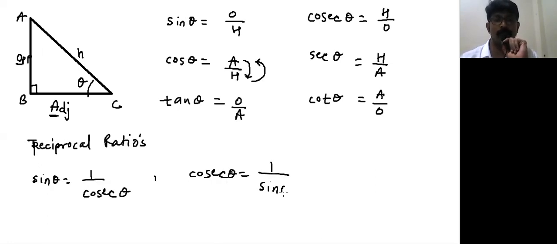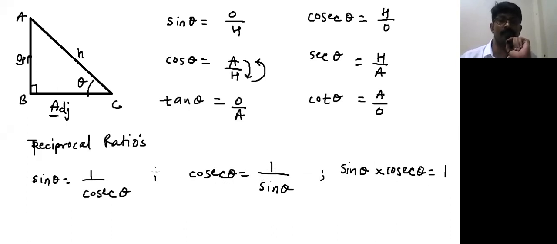I hope you are writing along with me. If we take sine theta over here in multiplication, it becomes sine theta into cosec theta, which obviously turns out as 1. You understood? It is one and the same thing, you can write it in any format. Suppose somewhere there is cosec theta, you can substitute it as 1 by sine theta. If somewhere there is sine theta, you can substitute it as 1 by cosec theta. If somewhere there is sine theta into cosec theta, you can substitute that as 1. That way, these reciprocal ratios are going to help us.